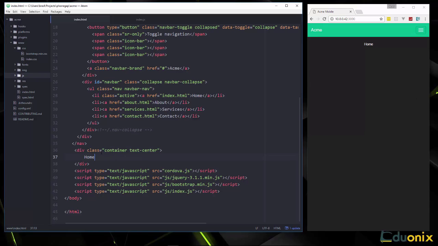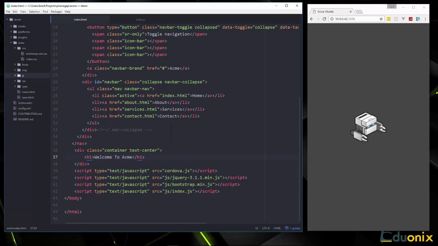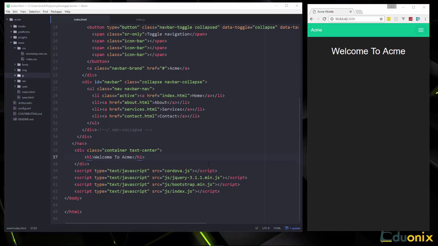And let's actually make that an H1. And I don't want it to say home, we'll just say welcome to Acme. Alright, so now that we have the navbar, in the next video we're going to continue with the content, and we'll go ahead and add the other pages, and then we'll move on to testing it on the mobile device